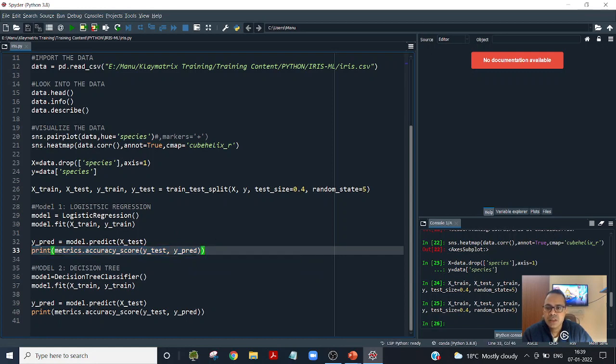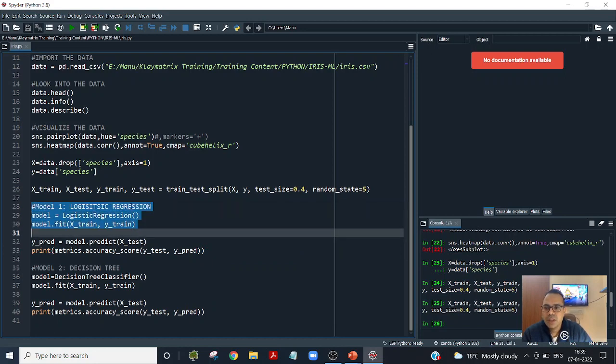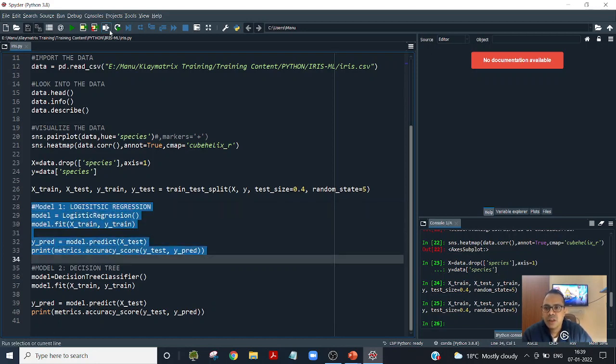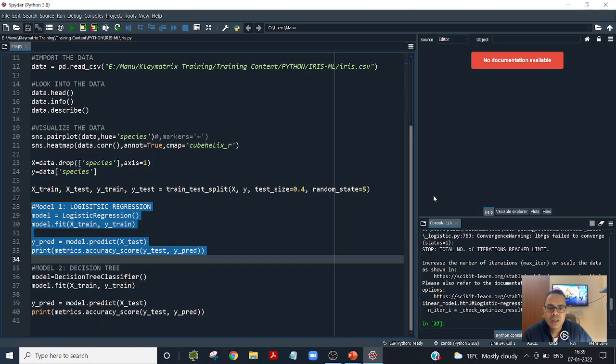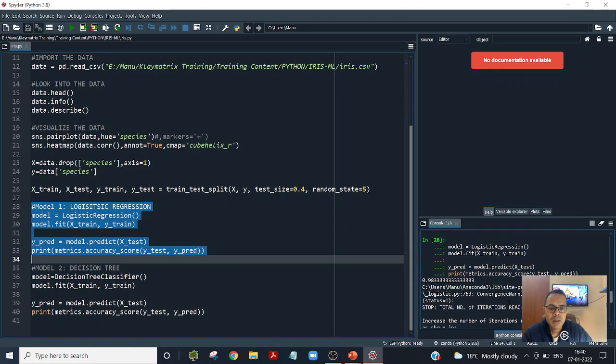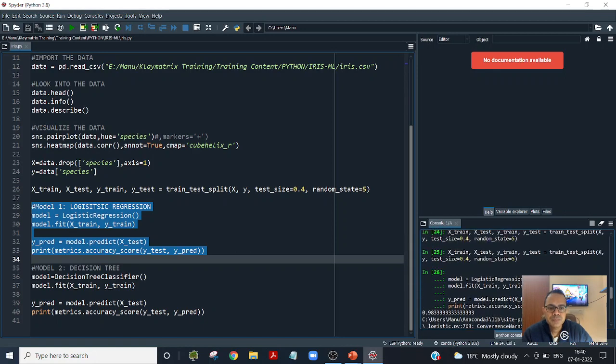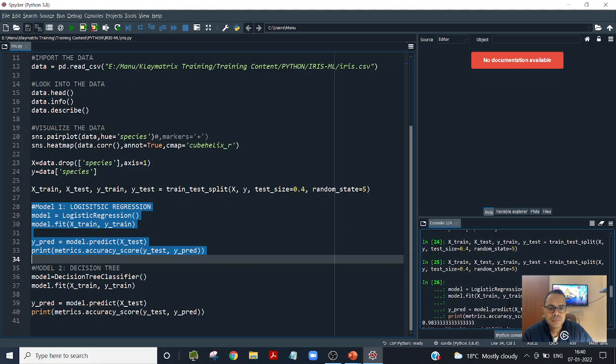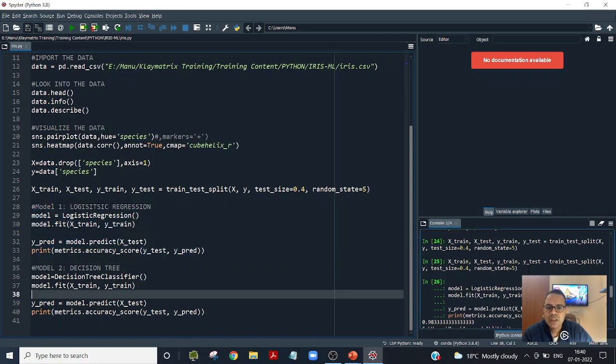So let's run this. We had already run up till that split function, and now if I run up till here, you will see the accuracy is 0.983 with this logistic regression model. Now let's repeat the step with